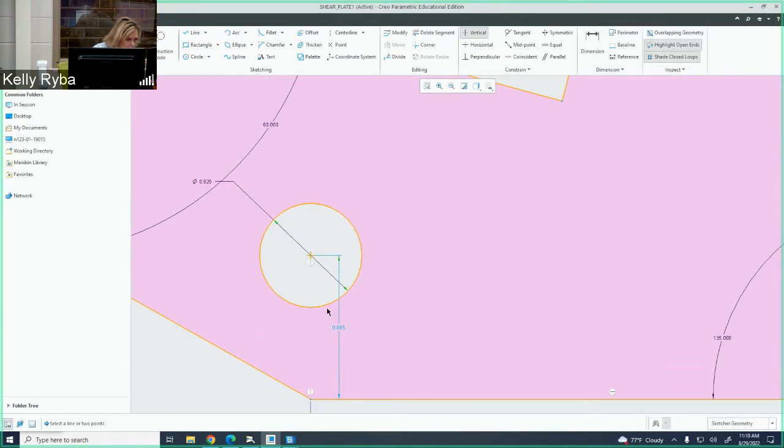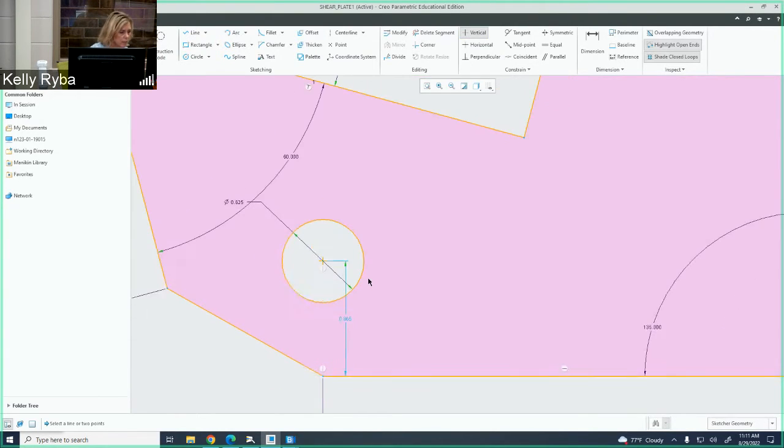And now notice it added these two constraints to each one of those features saying they're in line. So if point A moves to the right, so does my hole. If point A moves to the left, so does my hole. If my hole moves in one direction or another, point A is going along with it. They are constrained now to one another. Okay, intentionally, it was the vertical constraint and then I clicked on either one of these so that the centers